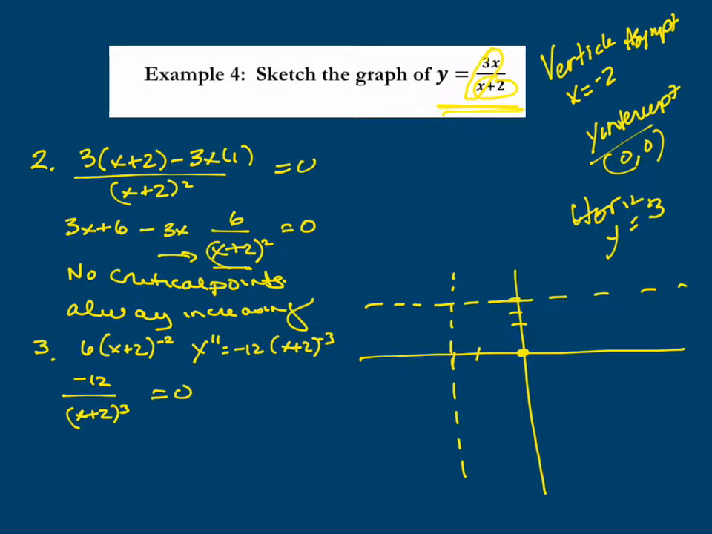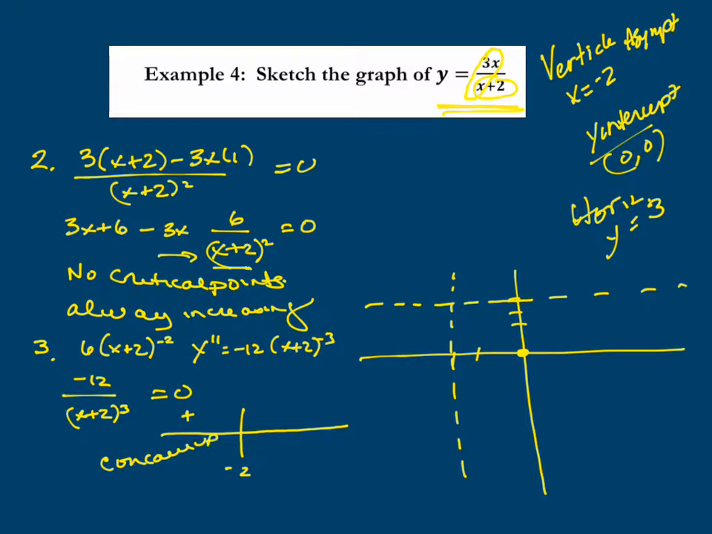Setting equal to 0, we have no points. We have no possible inflection points, but we also have to check where it doesn't exist, and it doesn't exist at -2. So let's see what happens left of -2 if I put -10 in there. I would have a negative over a negative, and this would be a positive. So it's concave up